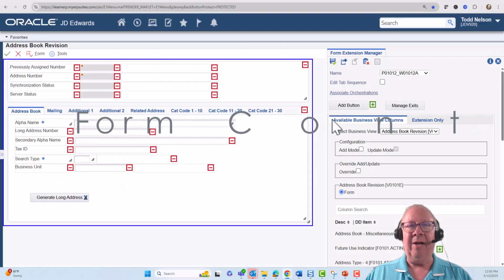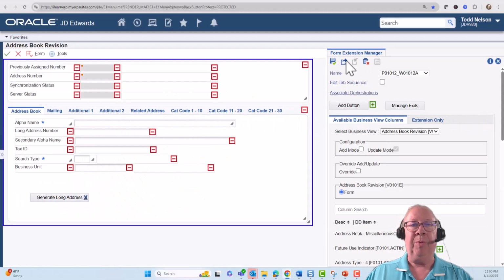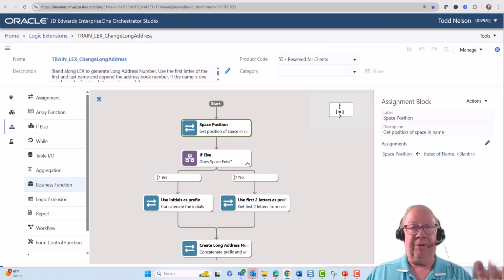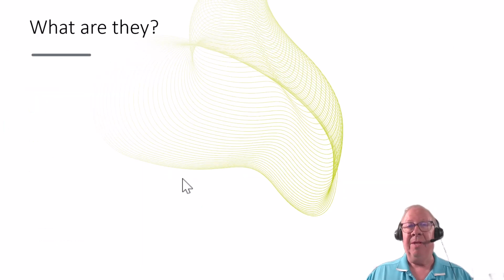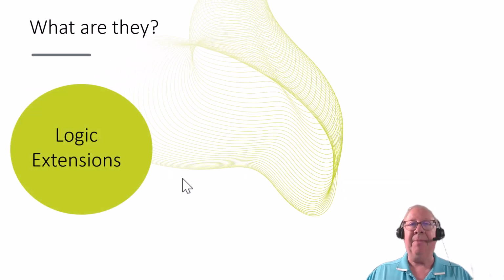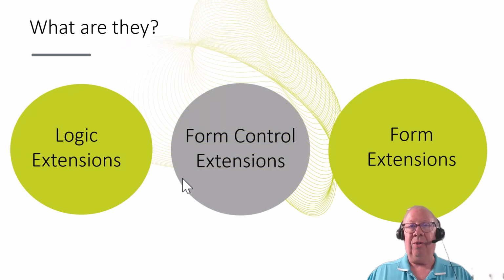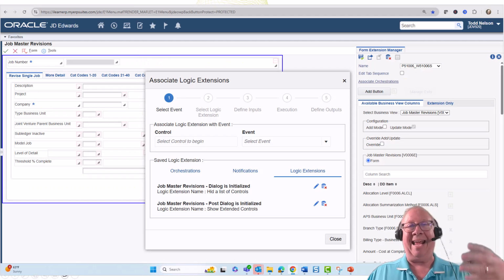What are they? Well, they aren't form extensions, which we use for adding, removing, and changing how forms and grids look, and they aren't logic extensions, which are for adding logic to applications. So what are they? Well, they're a combination of both. Form control extension lets us create a single form extension that we can add multiple logic extensions to, and then